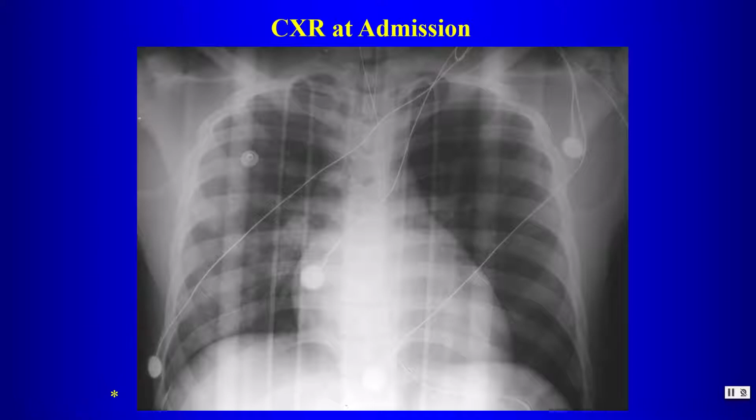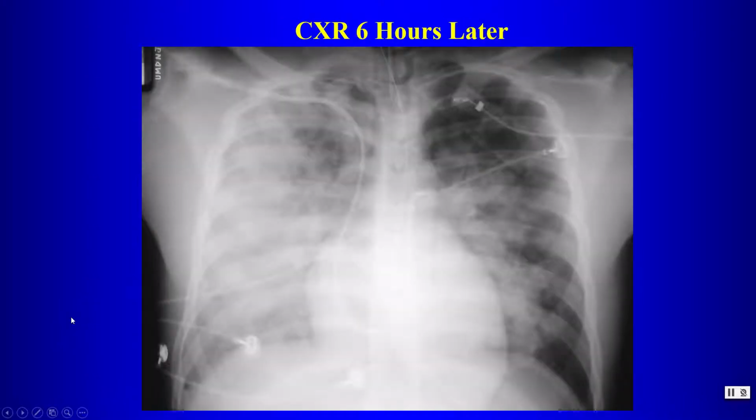Here we have the chest x-ray on admission, and we see that the patient is on a backboard. The lungs are relatively clear. And just 6 hours later, we have the development of these widespread bilateral consolidations. Now, when we have development of acute bilateral consolidations like this, the most common etiology is usually going to be